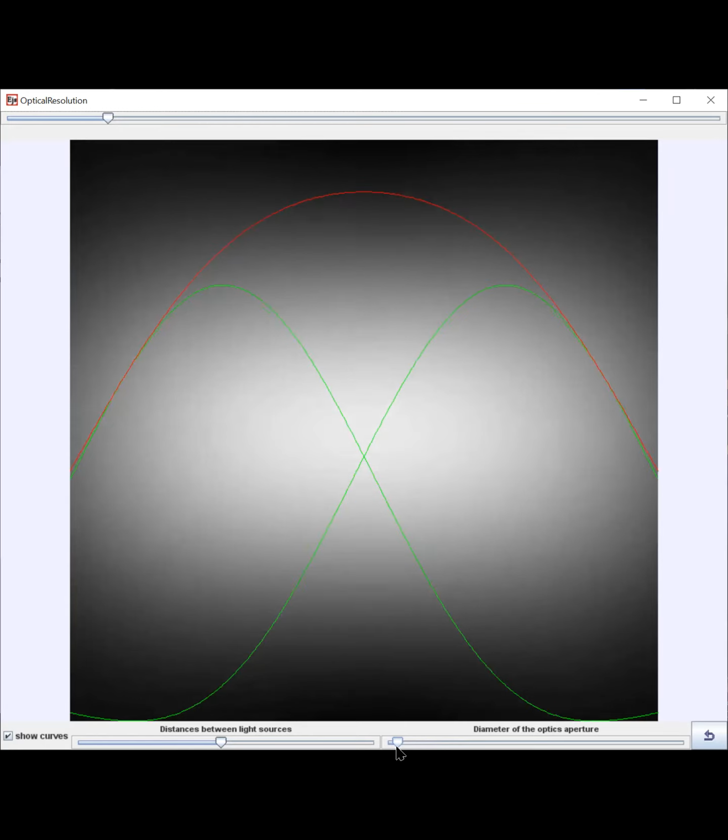And so this might be the difference between, I can turn off those light curves, but this might be the difference between a very inexpensive 3-inch diameter telescope